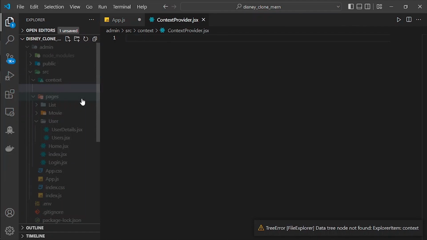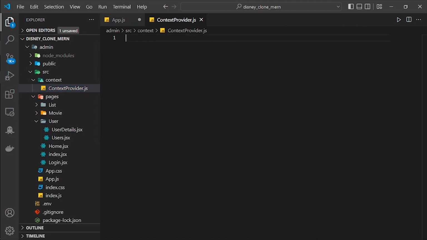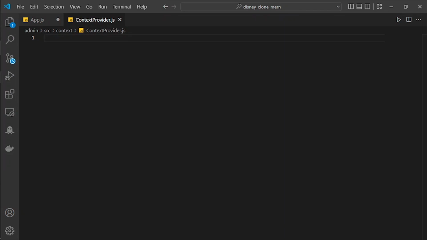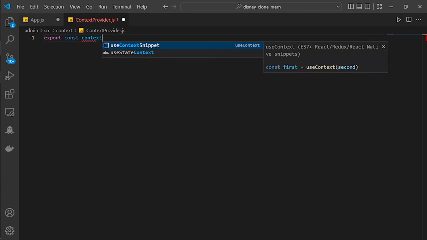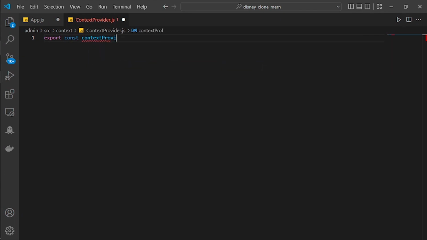Let me change it to .js. And here I'm going to make some export. Const ContextProvider is equal to, and here we will take the children, some arrow function,